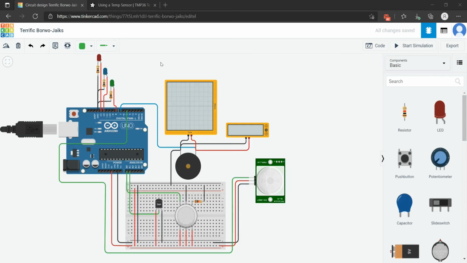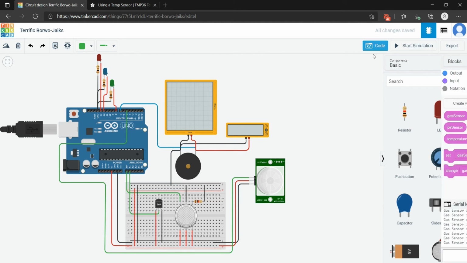As you can see, I have already made the connection. I have given a 5-volt power supply to all the sensors and the signals are passing through Arduino to the piezo buzzer, and when we run it we can see the variation of the voltage in the piezo buzzer from the oscilloscope. So now let's move on to the coding part.